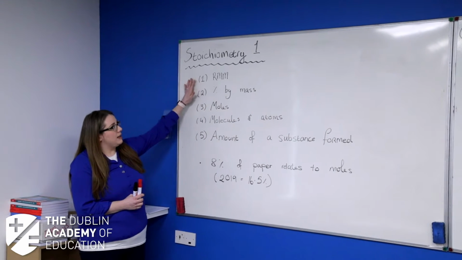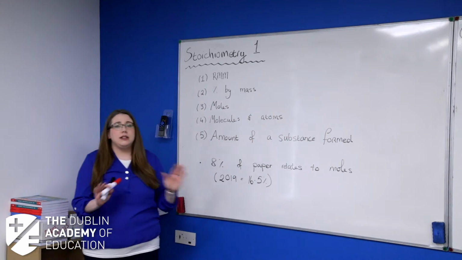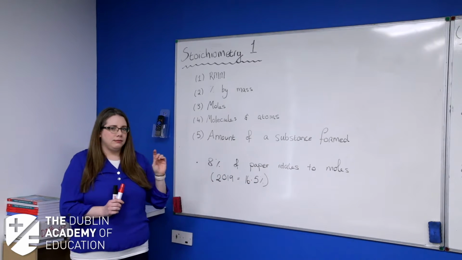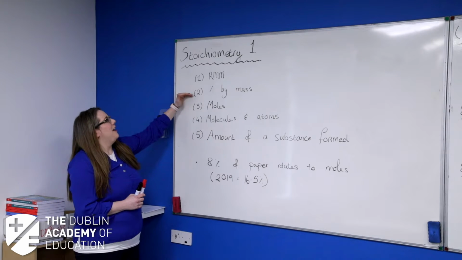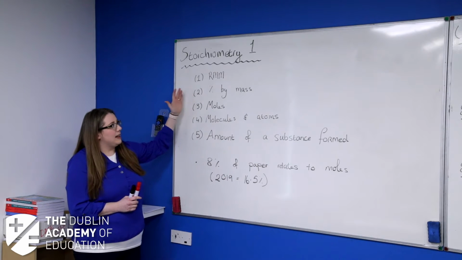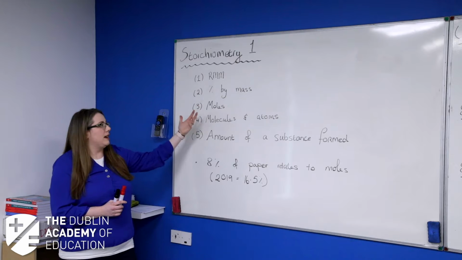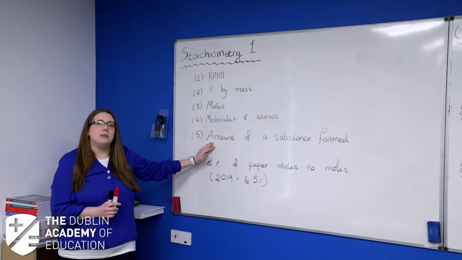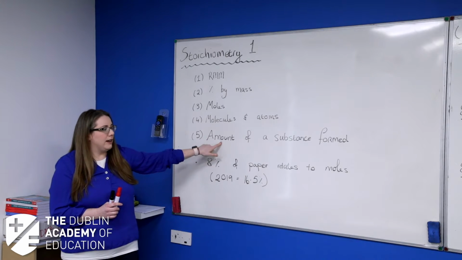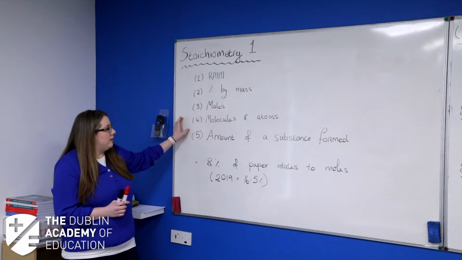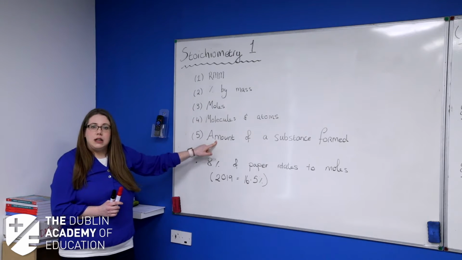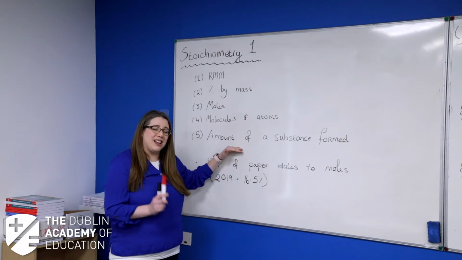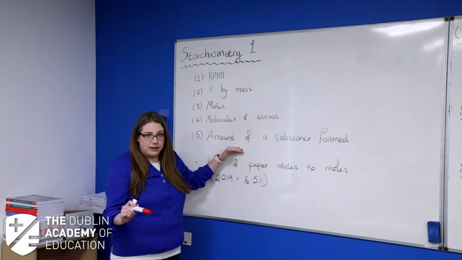So we're going to start off with looking at relative molecular mass. No, I am not insulting your intelligence. I know you know how to do this, but I want it done my way. Okay. Next, we're going to look at percentage by mass and what percentage of a compound is a particular element. Moles, molecules and atoms, and the amount of a substance formed in a particular reaction. Now, this is where the big bucks are. This is where the marks are. However, if we don't cover this, you can't do this. So the first little bit of this is going to be a recap from 5th year, but I want you to be very precise and show everything.